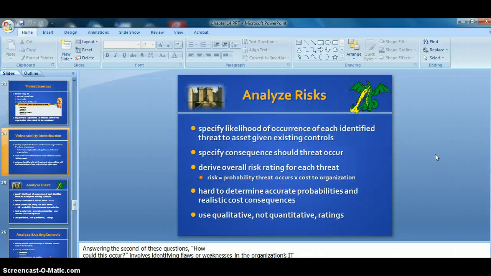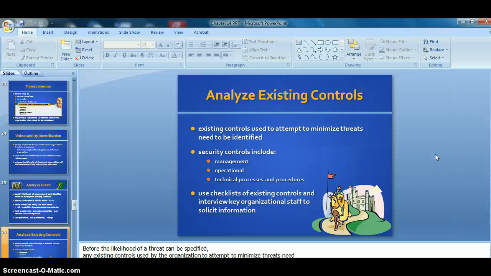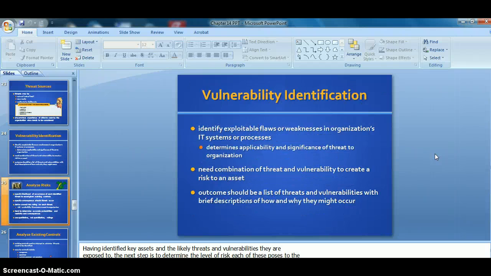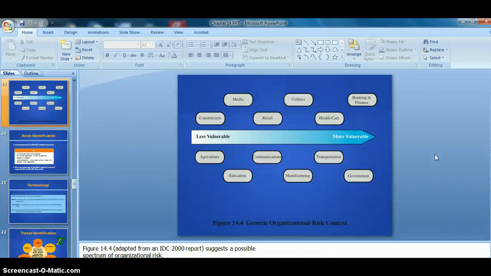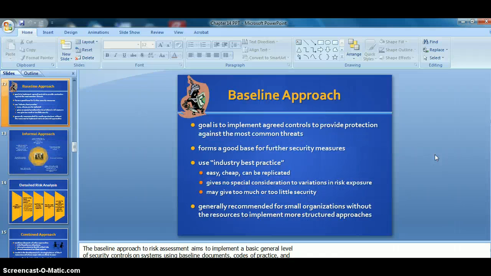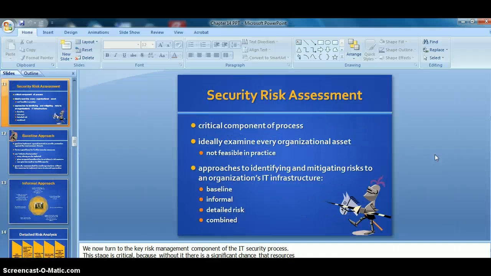Also, we define here the vulnerability identification, and let's go with the security risk assessment. When you go with the security risk assessment here, we have baseline, informal, detailed,